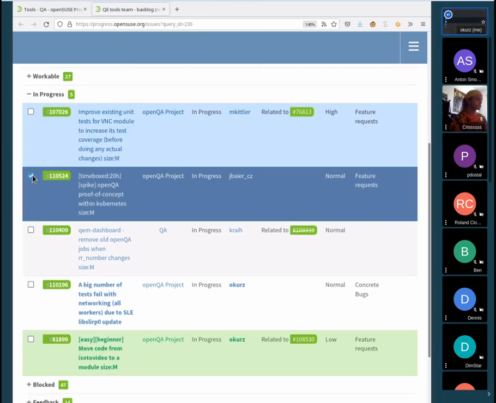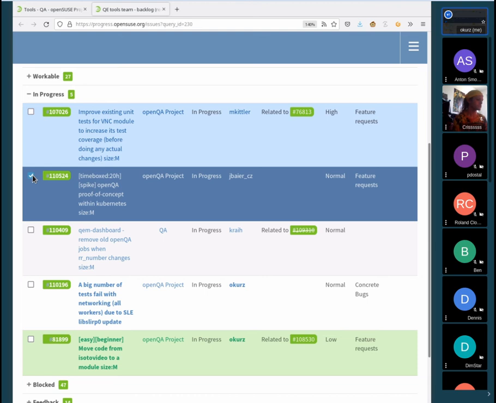Then actually we do have something related to containers again in our current work, which is the openQA proof of concept within Kubernetes. So we already experimented with that from time to time, and of course it's not a problem at all to just start openQA in a container and therefore also on Kubernetes.